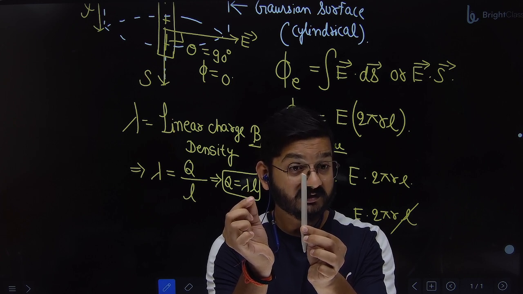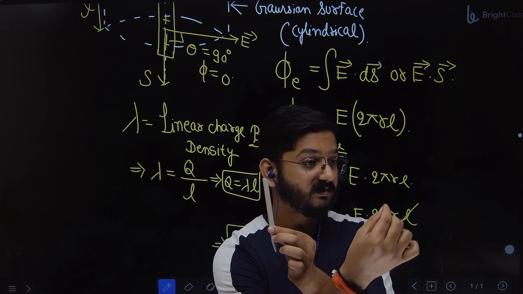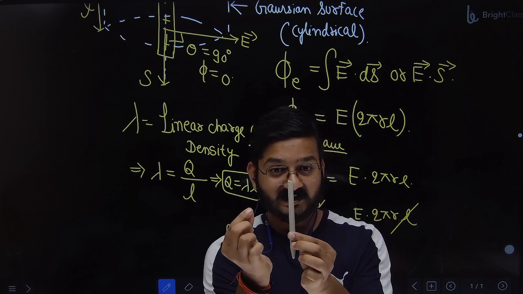So when you draw the Gaussian surface, you will draw it with the radius of this distance. Okay? R is the distance where